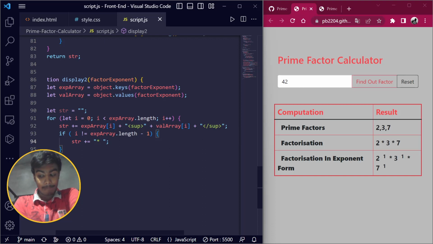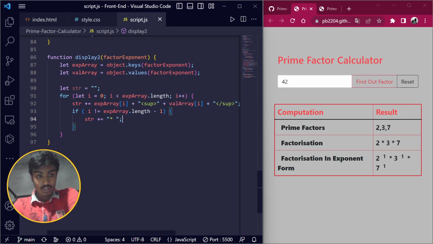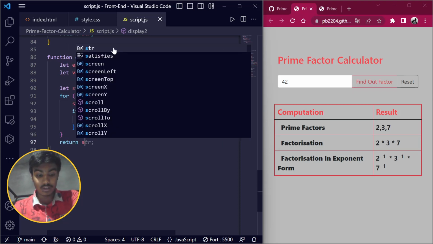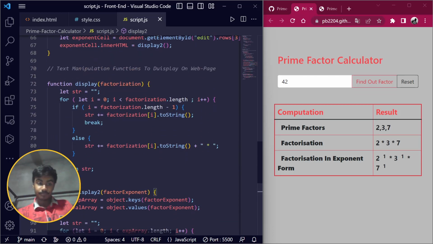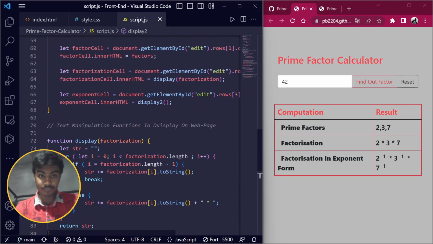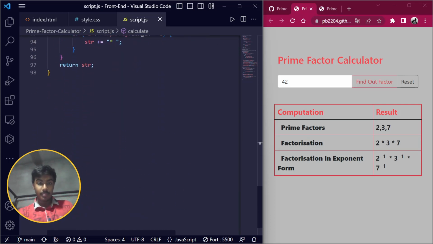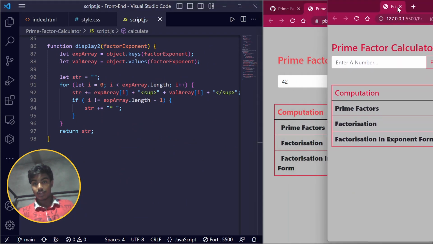Now after this for loop I want to return our str, so I will simply return our str. Okay, so this is now done. So we have to pass the factor exponent parameter here also. Okay, so I will pass this factor exponent parameter here. So now I think we have made this functionality, okay, but what I have left,